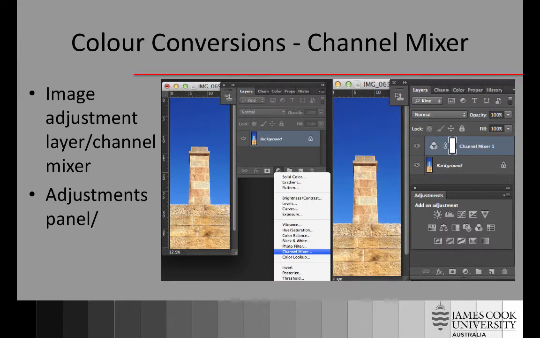So you can work with channel mixer. How many ways have I told you that you can convert to black and white now? Your head may be spinning. Look, channel mixer is a little bit more complex way of converting to black and white, but now all of a sudden we have control of how that image looks. You can find channel mixer in that image adjustment and then down to channel mixer,